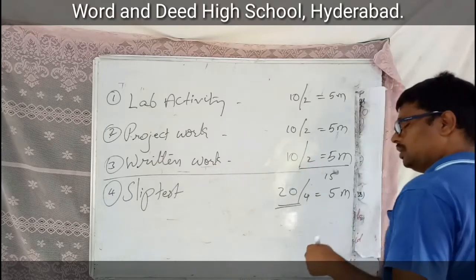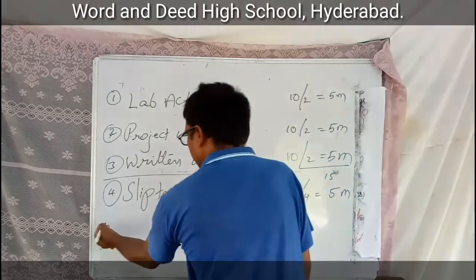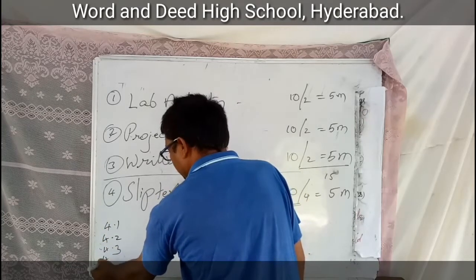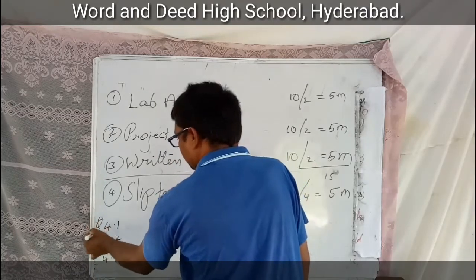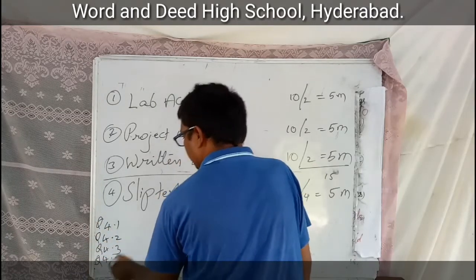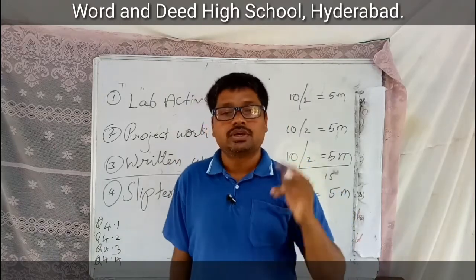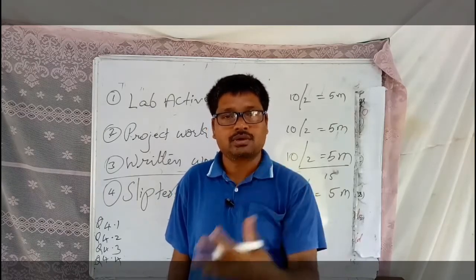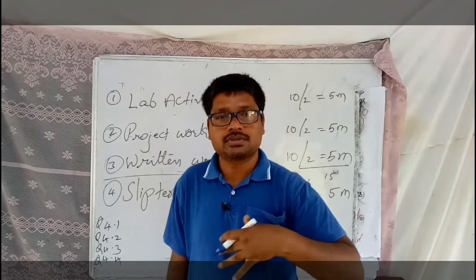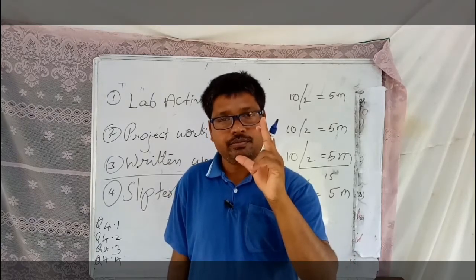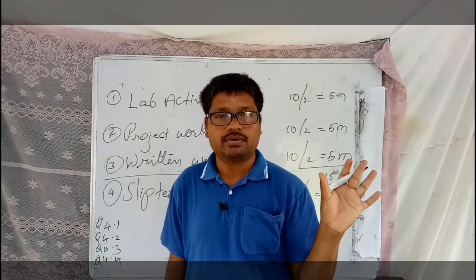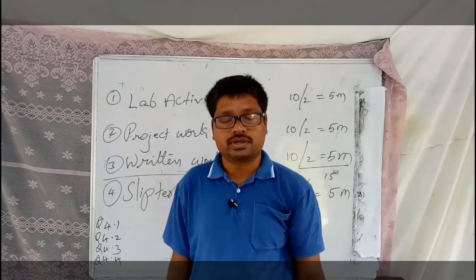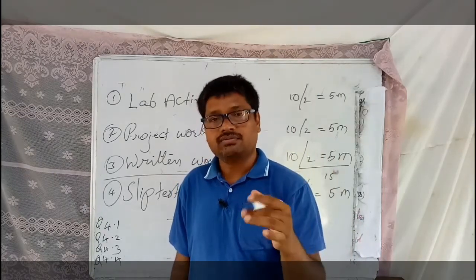You can see the question paper. There are questions like 4.1, 4.2, 4.3, 4.4, like this. These are question numbers. When you write the answer for these questions, you should mention the question number very clearly. I don't want you to write the questions again, because the question paper is already with me. If you mention the question number, that is enough. You just mention the number of the question in the answer book. So that's enough.